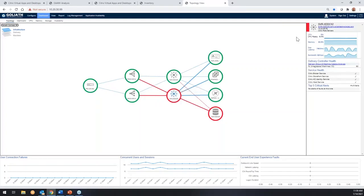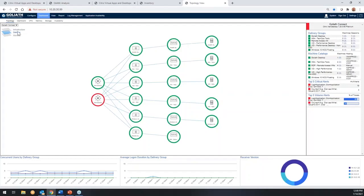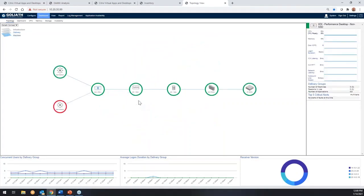And with each of these, on the right-hand side, you have resource utilization metrics, context-specific health checks, as well as any alerts that are firing off based off of that embedded intelligence and automation in the technology. And just to show a couple of the other views here, because you can drill down to the delivery layer where you're able to see the delivery controllers mapped out to the delivery groups, machine catalogs, and gold images if available. And then even taking that down per delivery group down to the hypervisor cluster and individual hypervisor hosts supporting